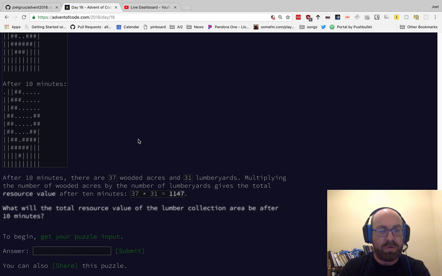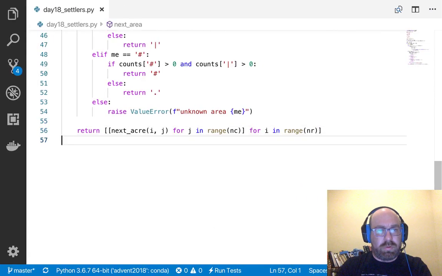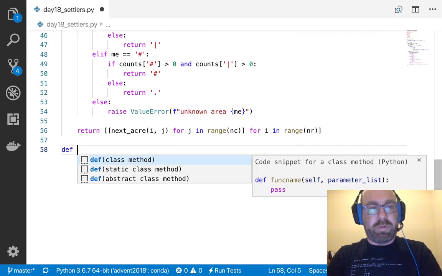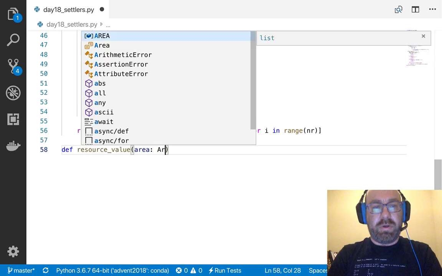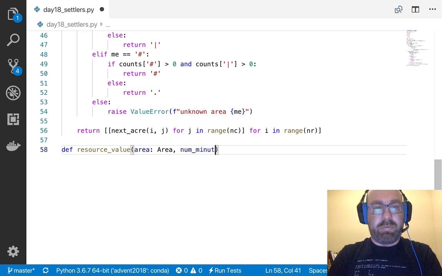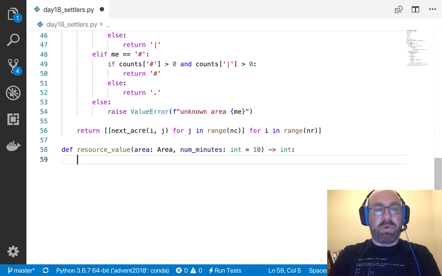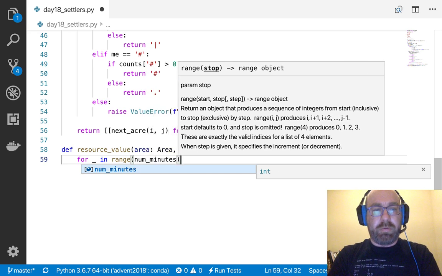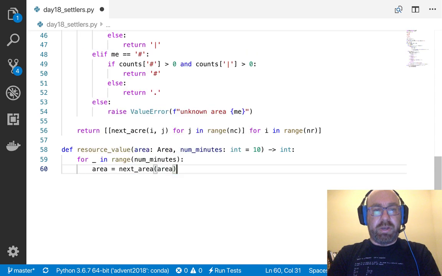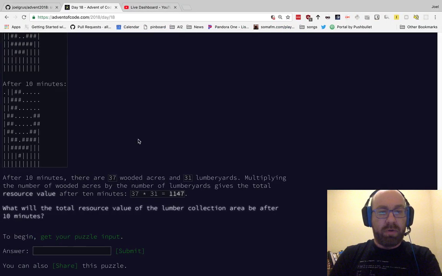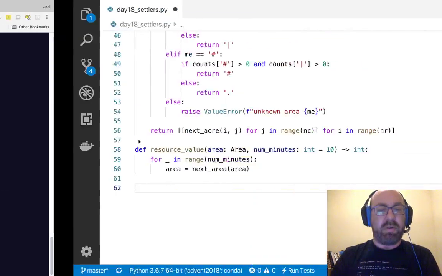so what will the total resource value be? So def resource value. I take an area, which is an area, and num minutes, which is an int, equals 10, and that's going to return an int. So what I want to do is say for whatever in range num minutes, area equals next area, area, and then I want to return number of wooded acres times number of lumber yards.